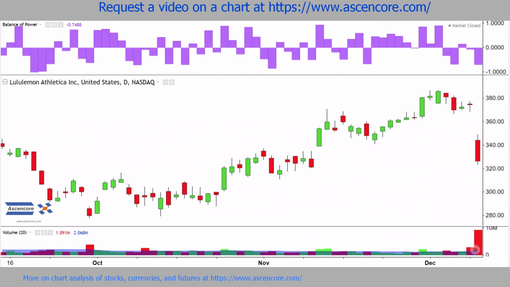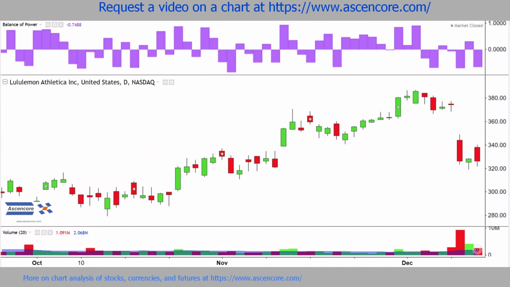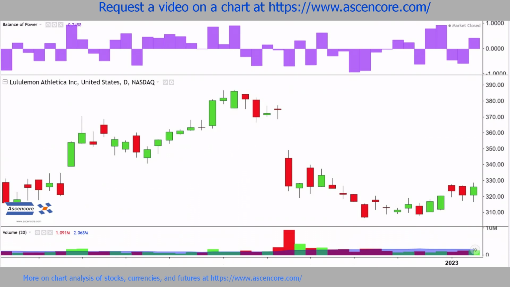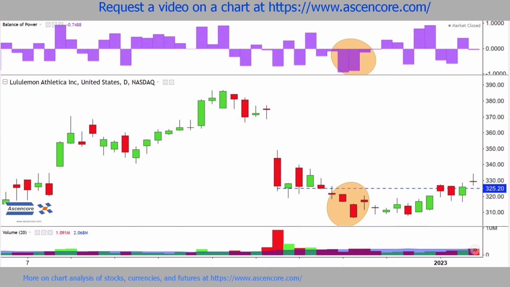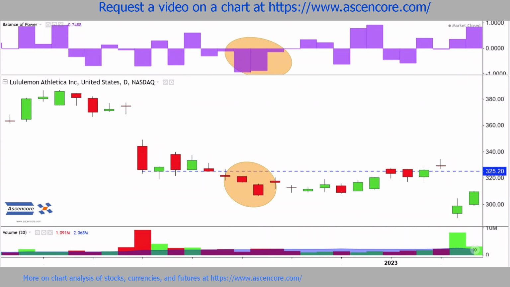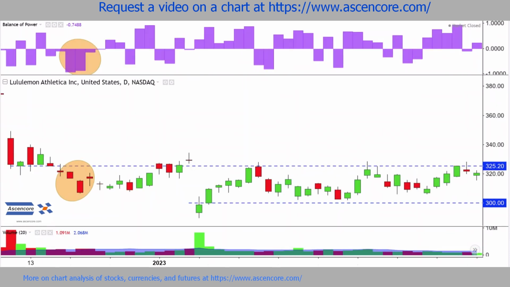When there's a gap down and we're looking for a continuation lower, balance of power still might be constantly fluctuating. A more certain bearish continuation can be identified once price moves, and preferably closes under both the closing price and the lowest price of the initial gap down candle and remains under that range, along with balance of power remaining under zero. When there is a gap down candle, especially a green one, we want to see price go over and preferably close over the initial gap down candle's closing and high price. With a stable rise in price like this, balance of power will normally stay well above zero until the gap